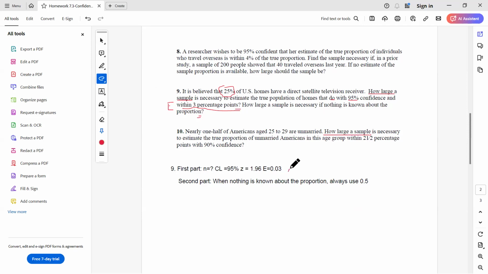Remember, we used p hat in the first part was 0.25. And q hat then was 0.75. Okay, I should have written that, but all you're going to do in the second part, nothing changes except p hat and q hat. Okay, so this is going to be, instead of 0.25 and 0.75 this time,